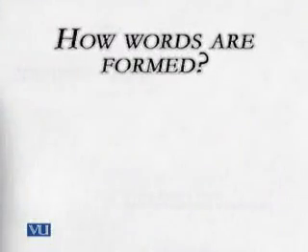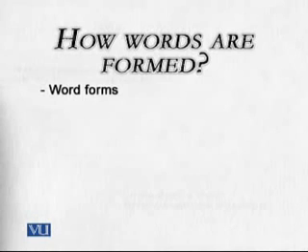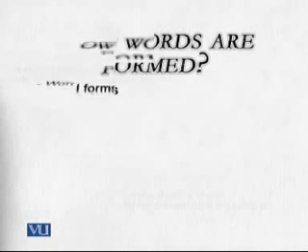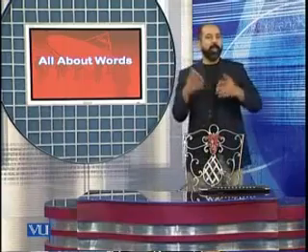Now, the next item I would like to discuss with you about words is how words are formed, actually. From one word, we can make so many words. Of course, there are 5 ways we form words. Number 1, word forms. When I say word forms, it means, let's say there's a noun, you can change the noun into an adjective, and if there is an adjective, you can change it into an adverb, and there can be a verb also of the same word. So this is how from one word we make 2, 3, 4 words. This is called changing the word form.